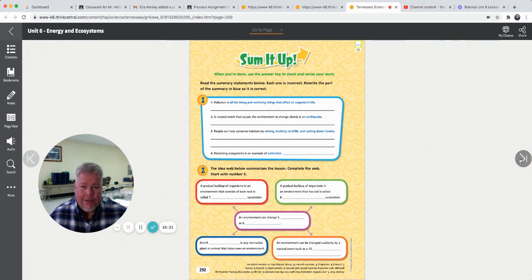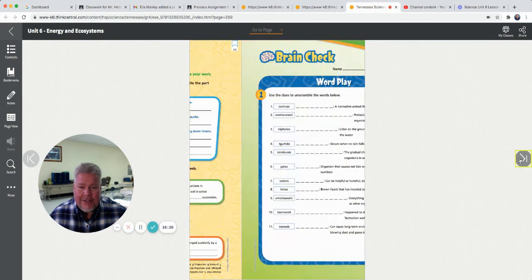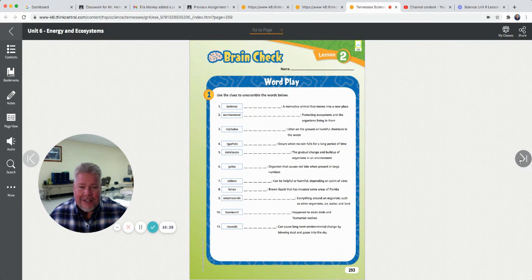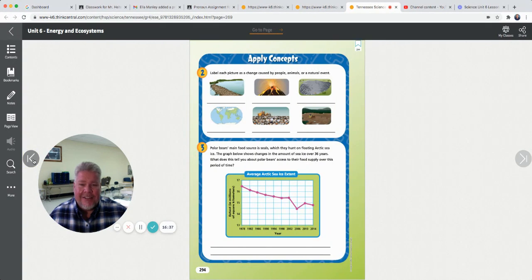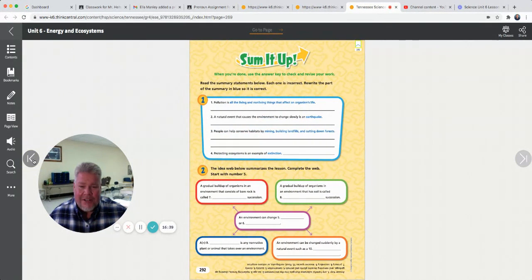All right. So you're going to have a little quiz today. You might want to work through these pages in your book. I see lots of words there. You're probably going to see a bunch of those on your quiz today. So it might help you to look through these, work through some of these as you get ready for your little quiz on today's lesson.